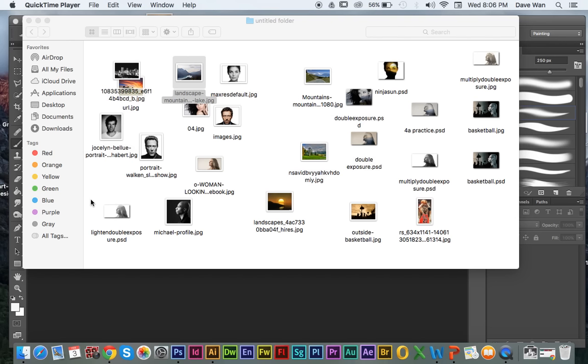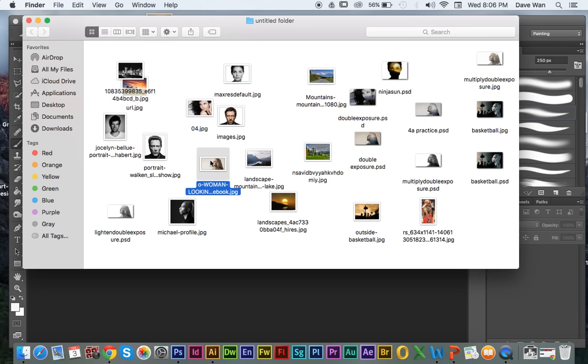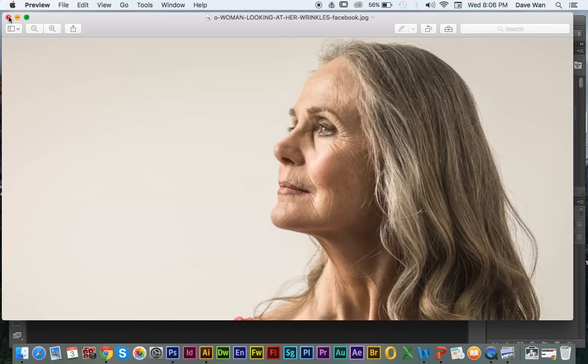Alright, so this is going to be the tutorial on how to create the double exposure photo. This is the updated version of the tutorial. There's a couple things I added from the previous one. So I'm going to follow the same procedure as I did before. You want to work with a person. You want to have the portrait photo and